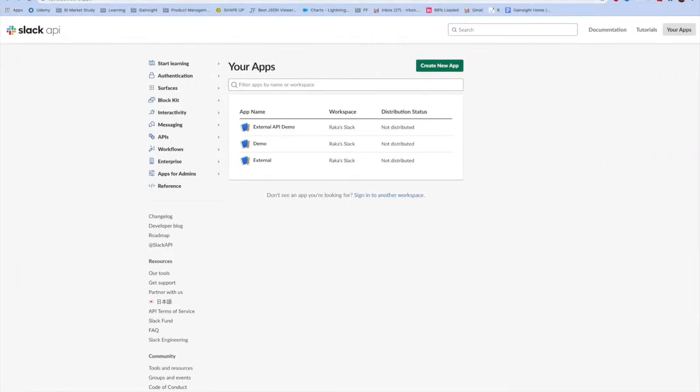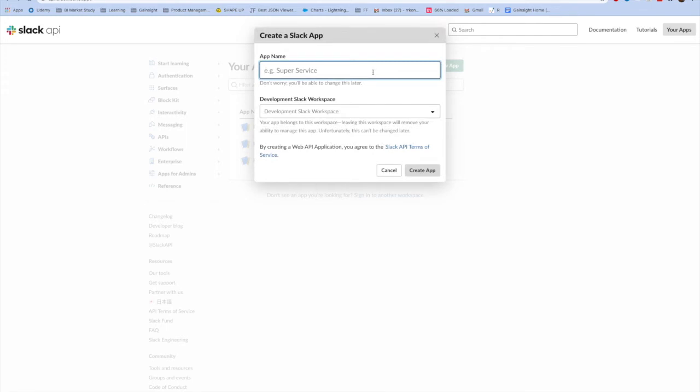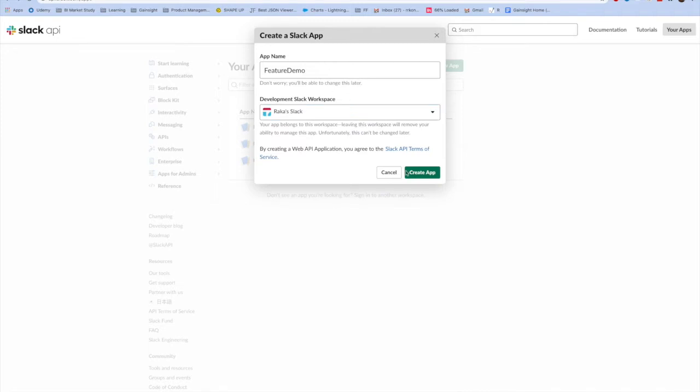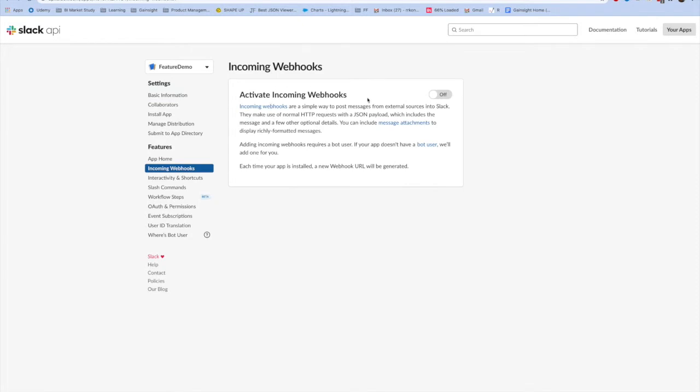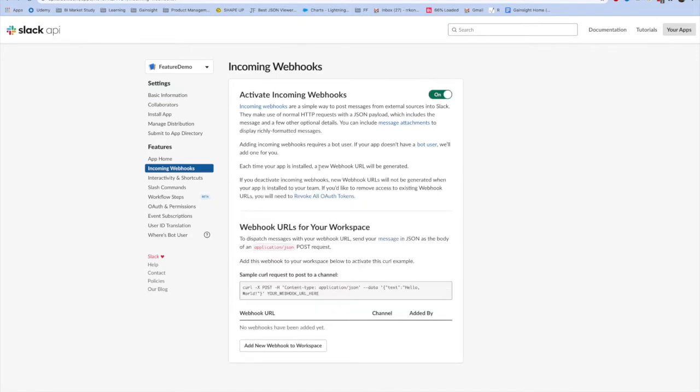So, log into api.slack.com and move to apps and click on create new app. Note, this is not something that is super difficult, it's very simple. I'm choosing my personal Slack and I've created an app. Now in this app, all I want is an incoming webhook. So incoming webhook is what listens to the message we post from Gainsight. So I turn this on, create a new webhook,